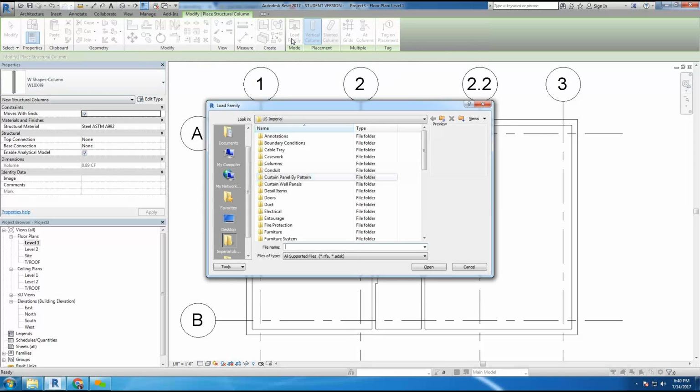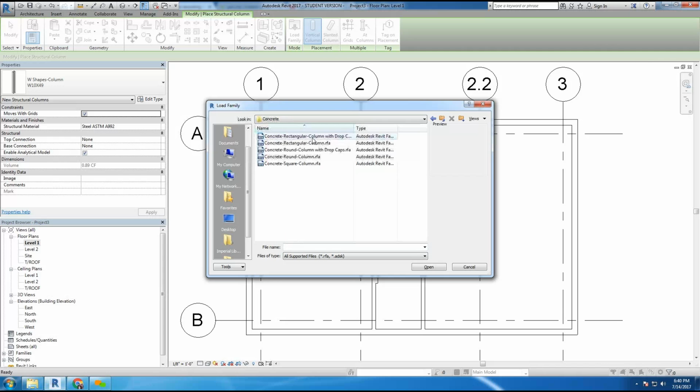I'm going to scroll down here and find structural columns. These are all default Revit folders installed on your computer when you install Revit. I'm going to find structural columns. I've got various types I can choose. I'm going to choose, for example, a concrete column. There's different shapes and sizes. Each one has a little preview window. Here's a round column, for example. I'm going to choose that column there, RFA for Revit Family File, which is a collection of Revit models that you can use in your project. When I double click,